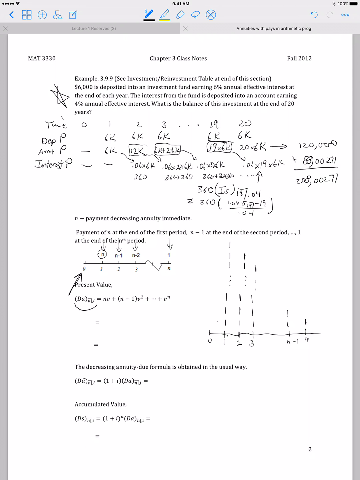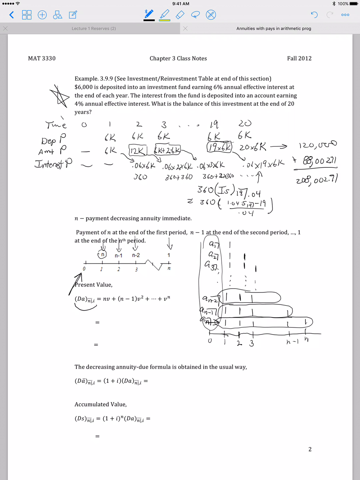The reason I do this is because if I look across this row here, I have n $1 payments at the end of each period for n periods. Well, the present value of that is just a sub n. Here I have n minus 1 of them. The present value of that is a sub n minus 1. And I just continue this all the way up this triangle. Here I have a3, a2, a1. So that's the present value of the rows of my $1 payments. So if I add them all up,